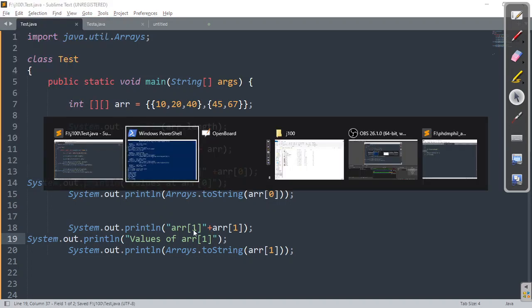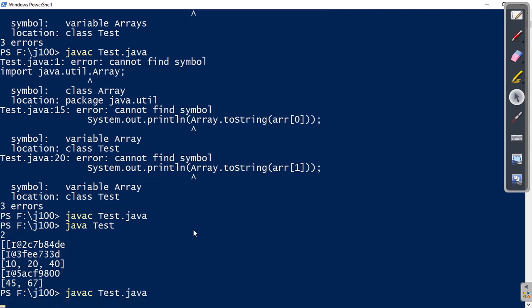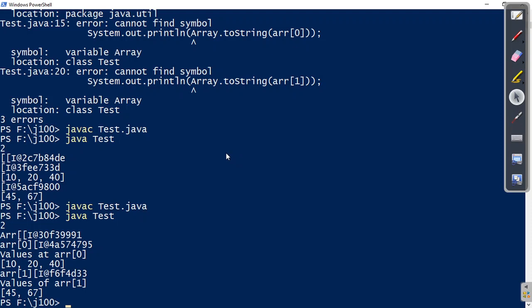Okay, the first one is length. Compile this program, code should compile fine. Let me cross check. Now this is length because the base is 2, right? Now ARR, how many open brackets are there? 2 open brackets, means this is a double dimension array. Second, ARR of 0, how many open brackets are there? Only one. Since it is only one bracket, you can say this is a one dimension array, right?